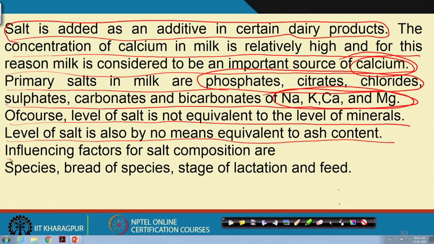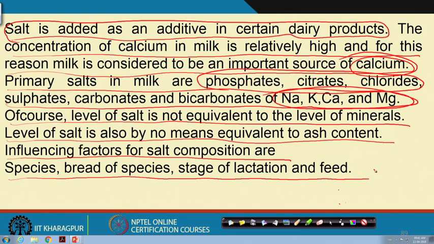Influencing factors for salt composition are species, breed of species, stage of lactation and feed. So, obviously, the salt concentration varies depending on species, breed of species, stage of lactation and also the feed. Stage of lactation is one vital parameter, feed is another vital parameter, though species and breed are also, but feed is definitely a vital parameter, because as far as